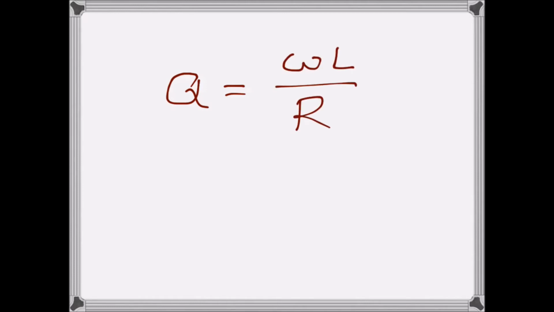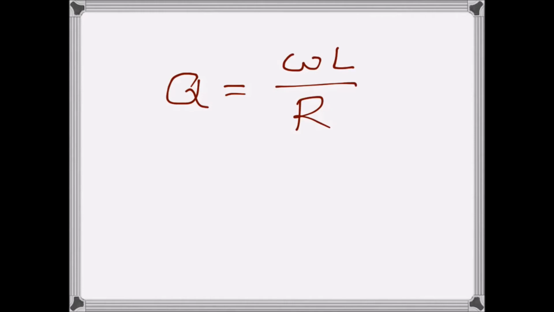The Q factor of a coil is given by the ratio of the inductive reactance and resistance of that coil. A coil will always have a resistance, however small. So the ratio of its inductive reactance over resistance is called the Q factor, and that's what Q factor is in brief. So it is dependent on frequency, because inductive reactance is dependent on frequency. And the other thing I want to talk about in this small video is the energy stored